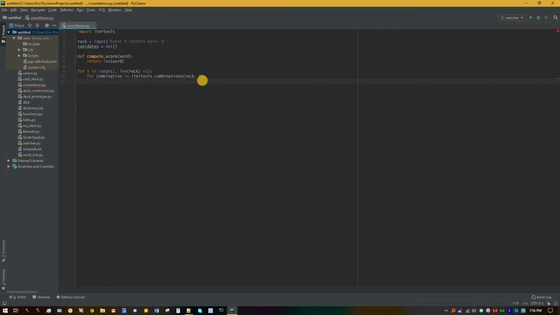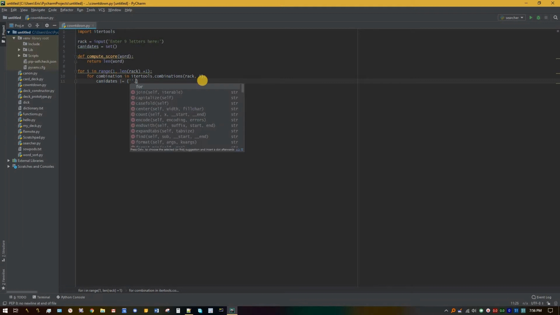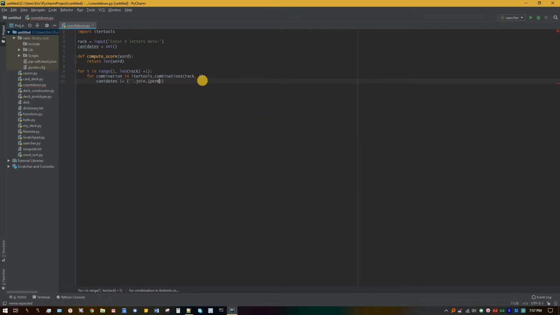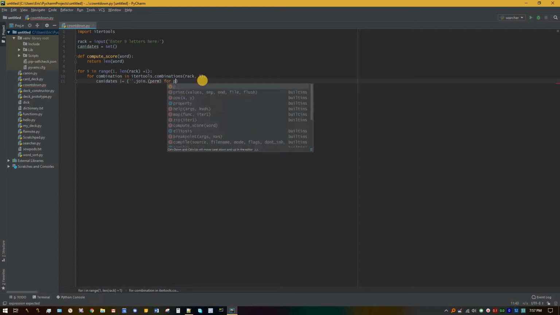And the last thing that we need to do is candidates again. So we'll do candidates, and then we'll pipe that like this, right? So what we're going to do here is join these. Well, actually, I'll just show you. So we'll do join dot, and we're going to call these perms for permutations. So join dot perm for each perm